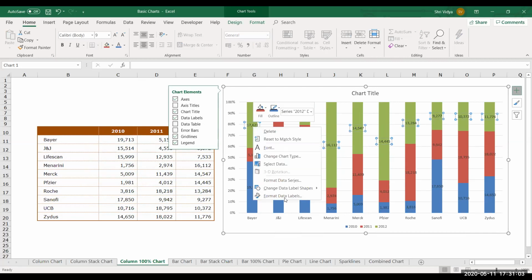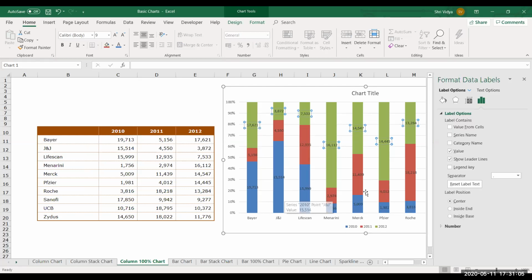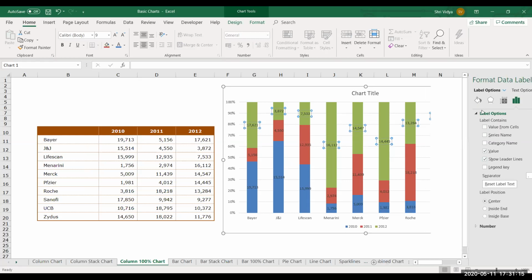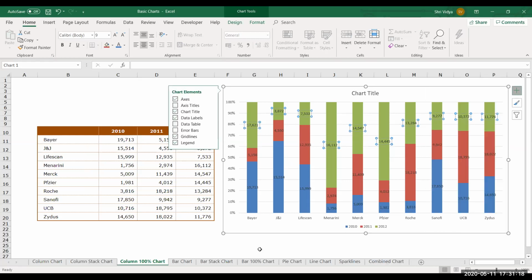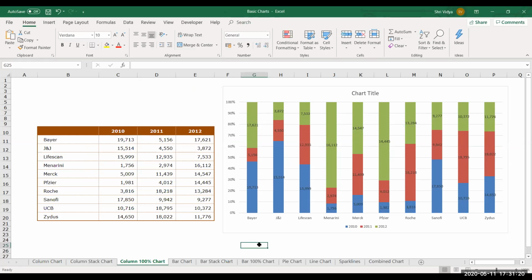So let me take you to format data labels here. See, I can format it, but I have no option to show it in percentage. That's the problem.